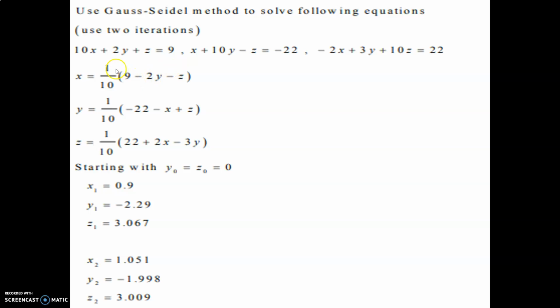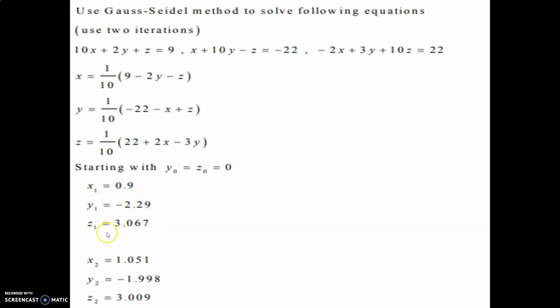Now using the Gauss-Seidel method, 10x plus 2y plus z equal to 9, x plus 10y minus z equal to minus 22, minus 2x plus 3y plus 10z equal to 22. Now resubstitute and we have derived x equal to 1 upon 10, 9 minus 2y minus z; y is 1 upon 10, minus 22 minus x plus z; z is 1 upon 10, 22 plus 2x minus 3y. Starting with initial values y0, z0 equal to 0,